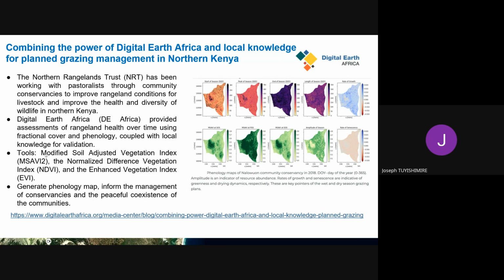This was achieved through the combination of the modified soil adjusted vegetation index, the normalized difference vegetation index, and the enhanced vegetation index. And you can get a phenology map to inform the management of those conservancies, but also to avoid human wildlife conflicts, even conflicts among communities.